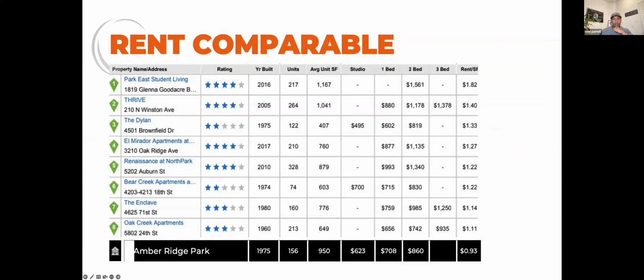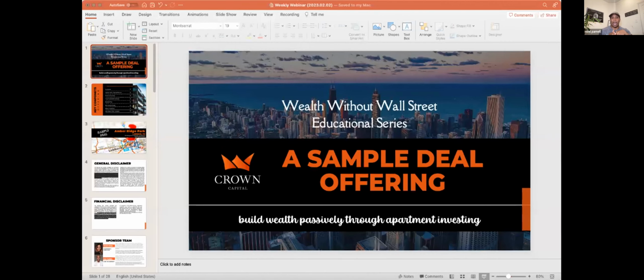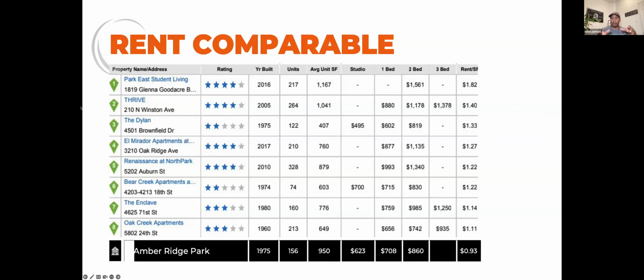All right, and so here we go. We do the rent comparable. When you have this on the side, we'll look at the rents, and you can get the rents from either a broker, CoStar, or another CRM. What you want to do is compare apples to apples. So we want something similar in style and date built. You also want to make sure that unit size lines up with each other, and also the details